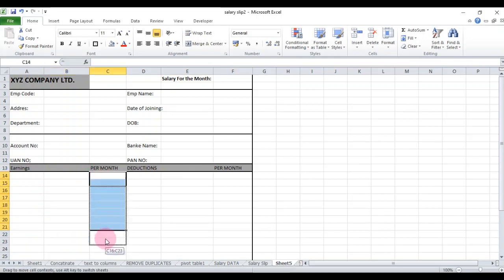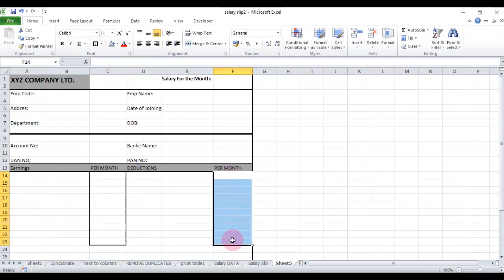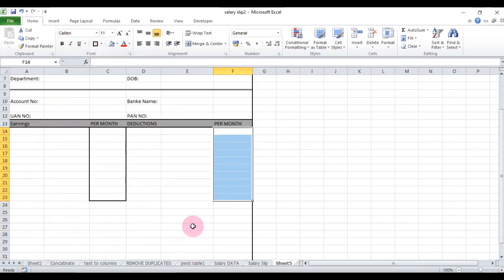Here you give a border and also for this.